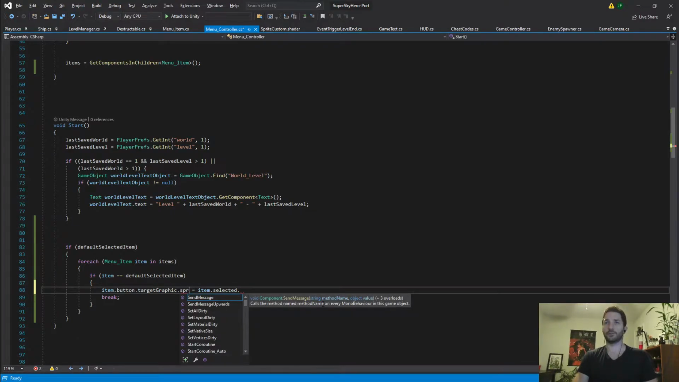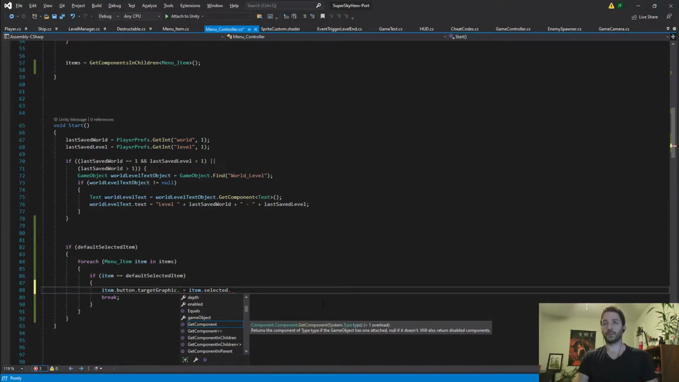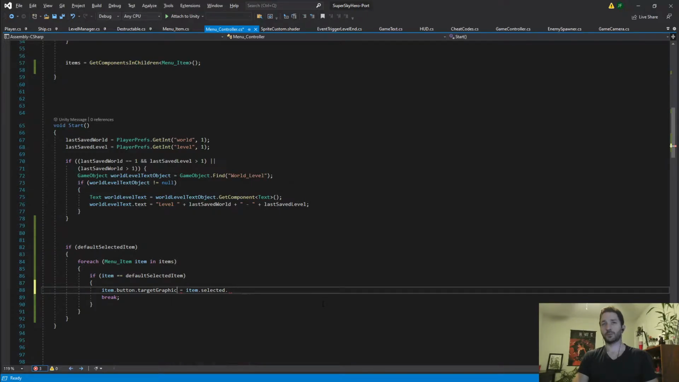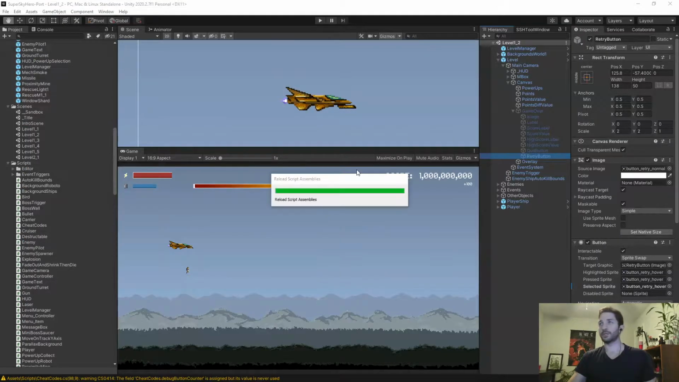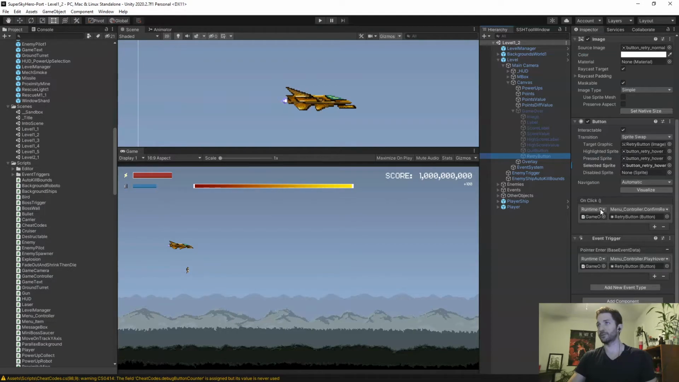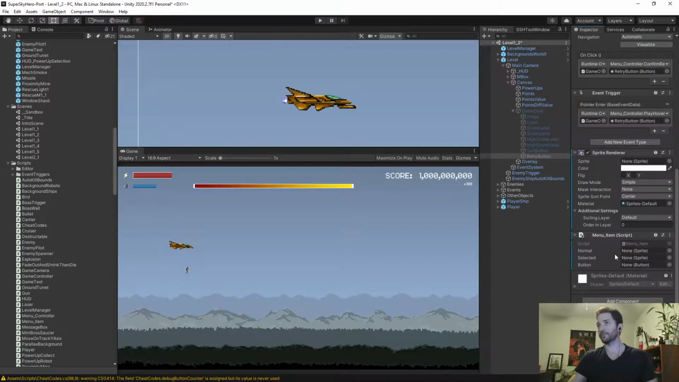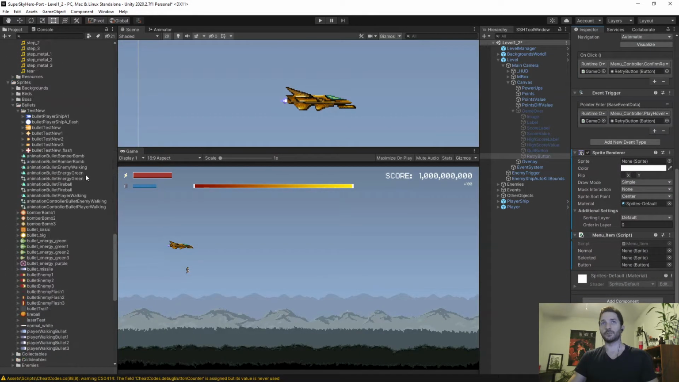Oh, because that's a... I have to know that that's an image. Dot image. I don't know. Sprite equals that. I'm just gonna guess. All right. So retry button. I'm gonna give the old menu item or not. Menu item. So I'm gonna have some